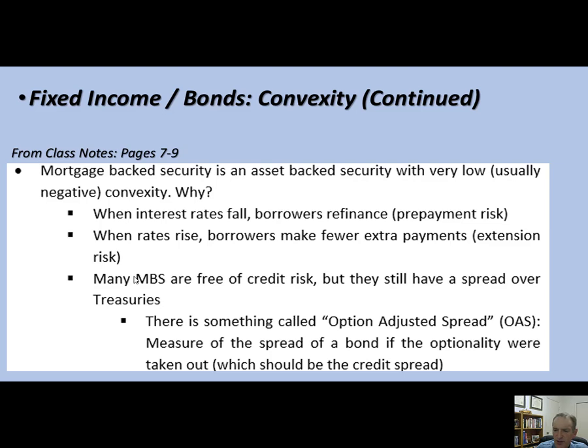It's the spread where if you take out that 25 basis points. So the spread is how much return you get on the security over treasuries. Treasuries are the risk-free asset. So the spread is how much extra return do you get over treasuries. But the option adjusted spread is only the spread related to credit risk. So you get 25 basis points or 0.25% for the option part of the bond. And then the option adjusted spread is the additional spread that you get to cover you for credit risk.